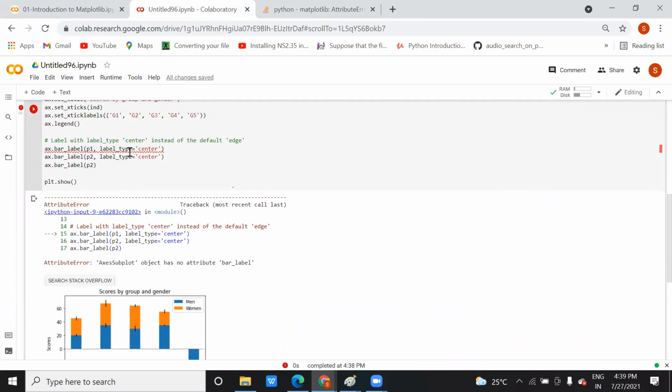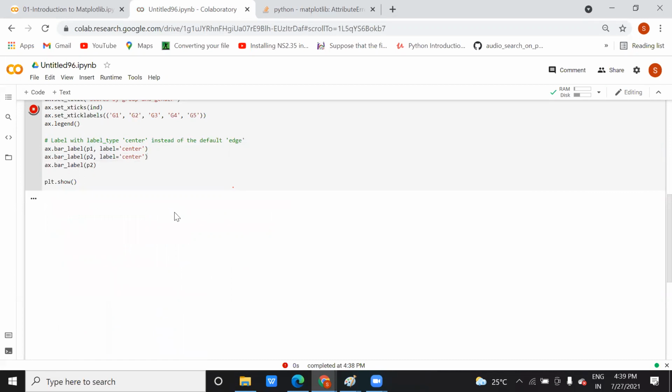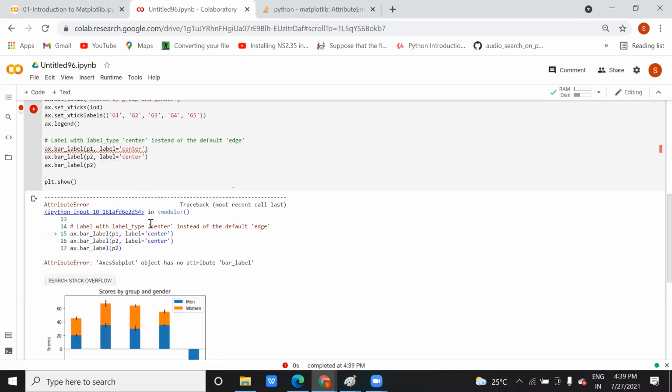P1 label type. Xplot object has no attribute bar label.